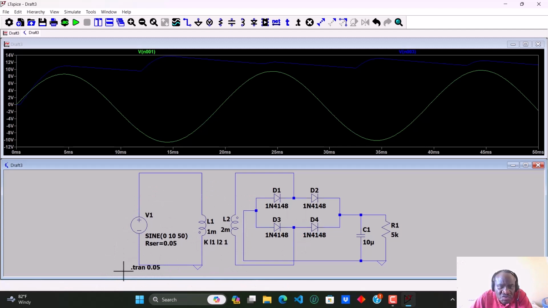Transition should be 0.05 seconds. So remember that. Remember to give your voltage source some internal resistance. I'm giving mine here 0.05 ohms. So give it some. And you can use different diodes. The ones that I used gave some positive results, but you can start with mine and then see if you first of all get